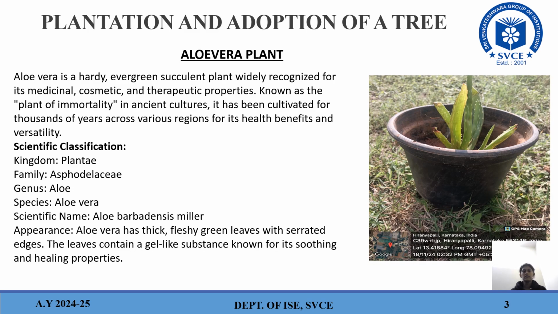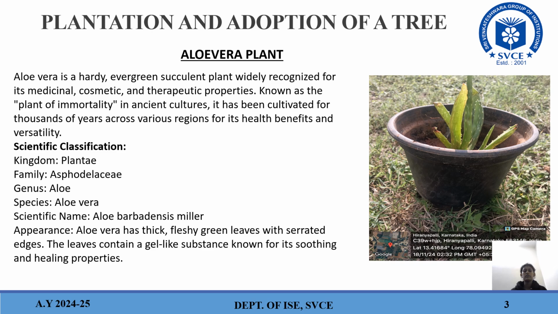Firstly, let us discuss plantation and adoption of a tree. I have planted an aloe vera plant. Aloe vera is a hardy evergreen succulent plant widely recognized for its medicinal, cosmetic and therapeutic properties, which is known as the plant of immortality. In ancient cultures, it has been cultivated for thousands of years across various regions for its health